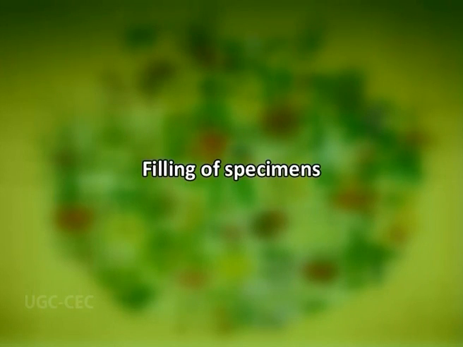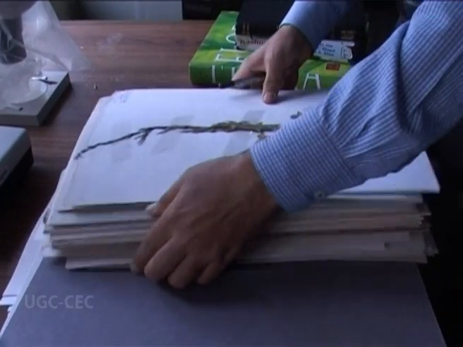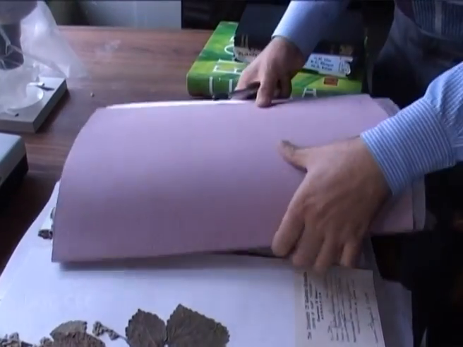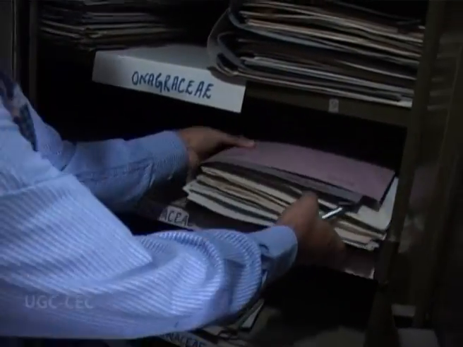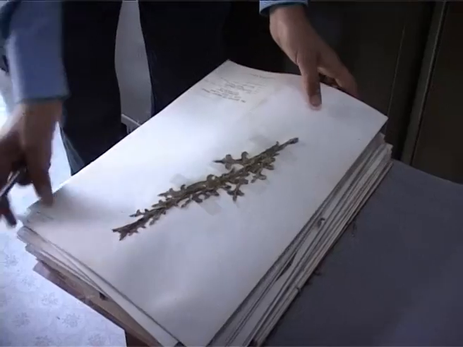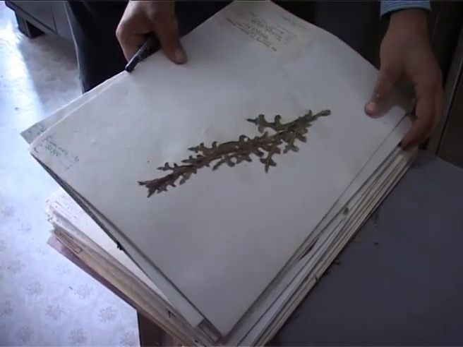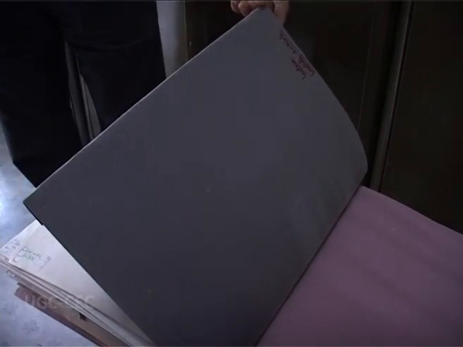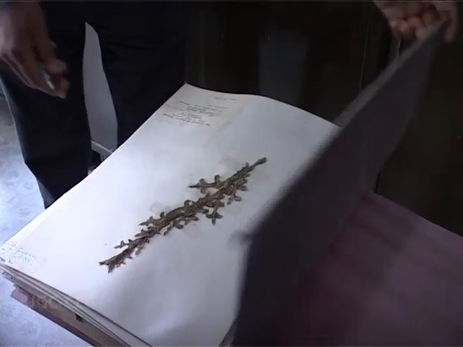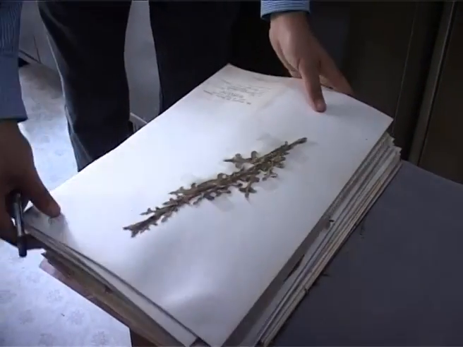After fumigation, we also have to fill these specimens into the herbarium cabinets, what is called filling of specimens. The specimens may be filled in the herbarium according to a particular system of classification in the pigeonholes of the herbarium almirah. The specimens belonging to a single species are placed in folders made of strong paper with light blue color. It is called a species cover.